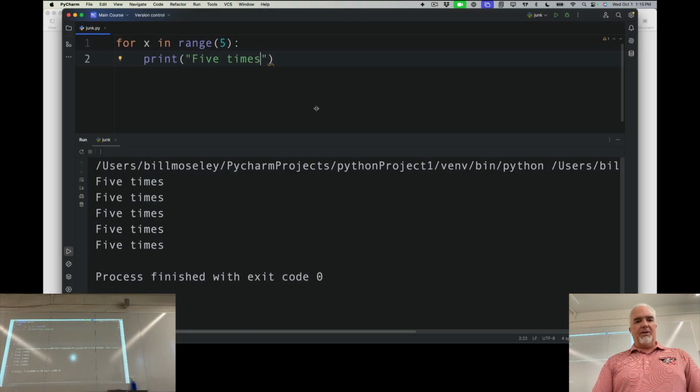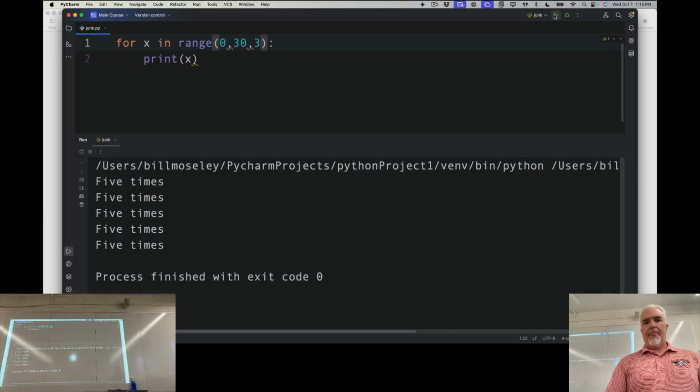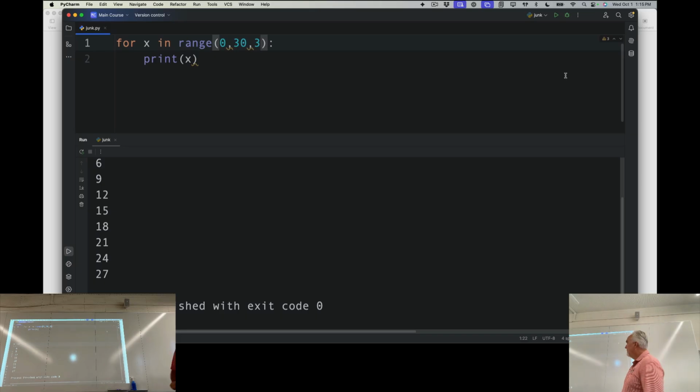So if I go for x in range, let's print that. For x in range 0, 30, 3, and I just print it out. Now I'm counting by 3s. There are lots of occasions where you're going to want to do this, and it's super simple. But notice, it doesn't go to 30, and it doesn't stop at 29, which is the number before 30, because 29 is not a multiple of 3. So it's going to stop at the last multiple of 3